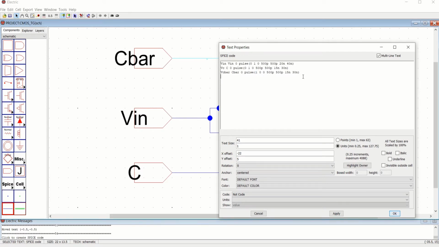I want to perform the transient analysis. So dot tran 0.1 nanosecond to approximately 100 nanosecond. Next, include the model file. Include this library path where it is present.